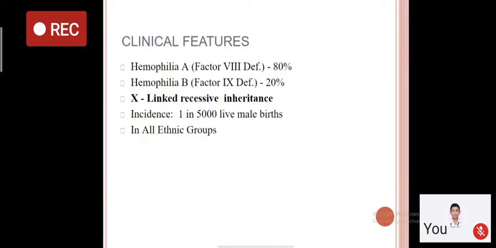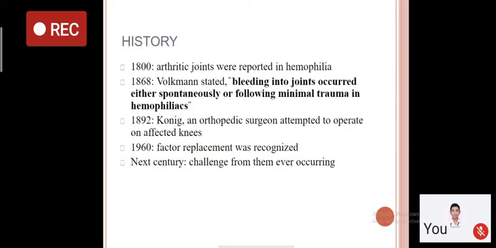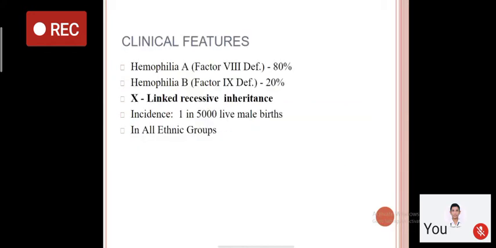It's a condition which was diagnosed for the first time in 1800, and now over the last 30 to 40 years there are various advances in the management of hemophilia with the procurement of recombinant factor concentrates and even longer acting factor concentrates, and the condition has now become more of a chronic condition, and the patients are not losing their lives now because of the deficiency of factor 8.